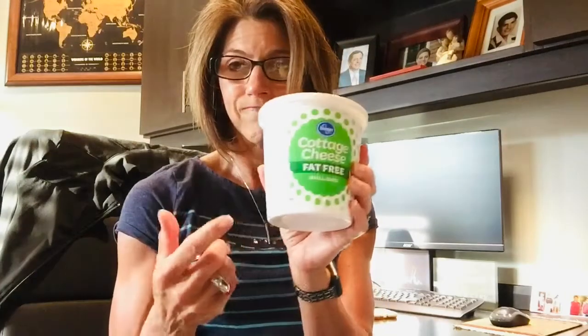Let's take a look at this, cottage cheese. Love cottage cheese, it's a great source of protein. I'm gonna take a look at it. Half a cup, 80 calories, so that's not bad. 13 grams of protein, bonus. This is 0 fat, so I'm like, awesome, right? This is what I want. But then I started reading the ingredients. Let's see. So it has skim milk, potassium. Oh, look at this next one, modified cornstarch. Cornstarch in my cottage cheese. So, long story long,